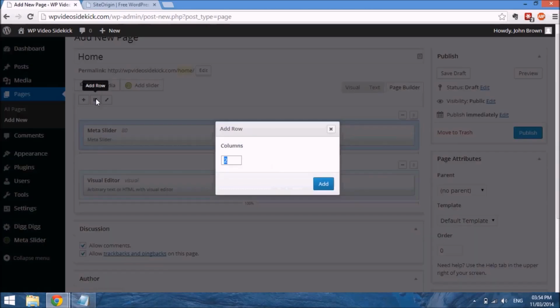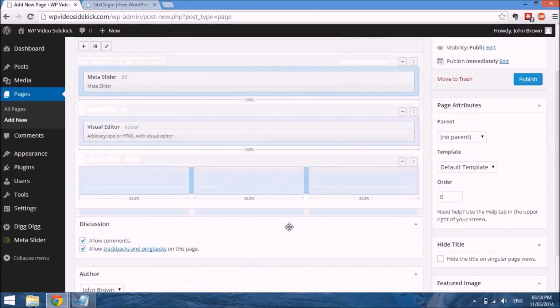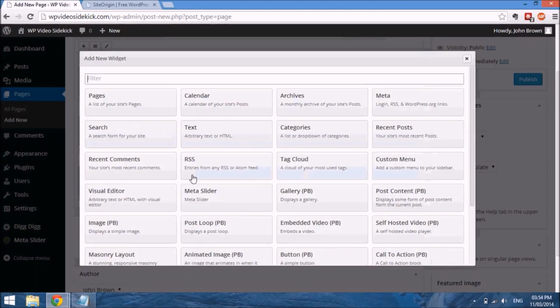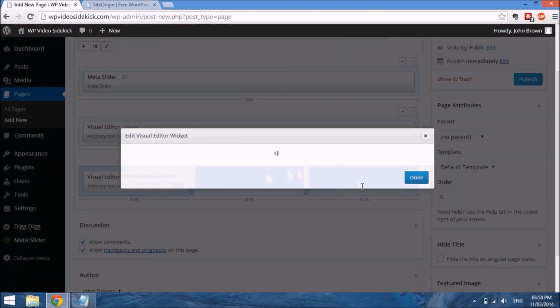I need a row. And then this is where I'm going to put my 3 columns. I'll add it there. And just to ensure that you add the widget to the right row, you need to put your cursor over the area, and when it turns blue or light blue like this, then you know you're in the right area. And then we're going to add the widget, and again I need the visual editor,